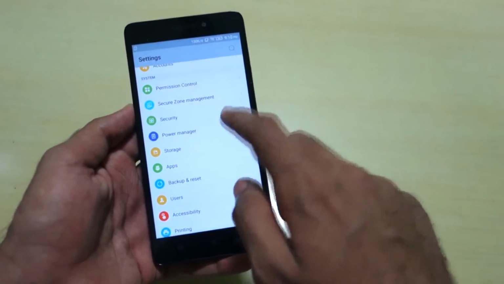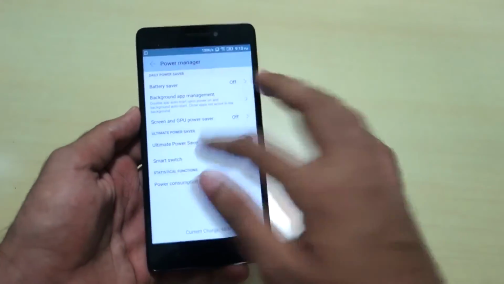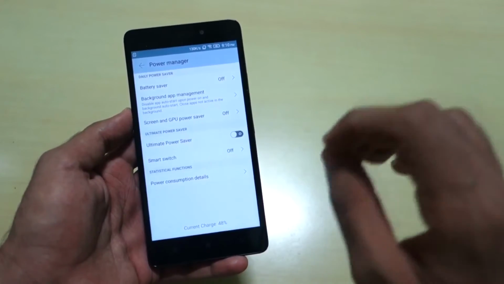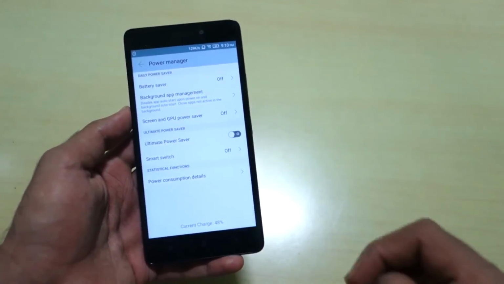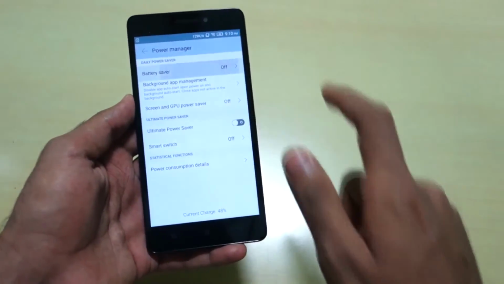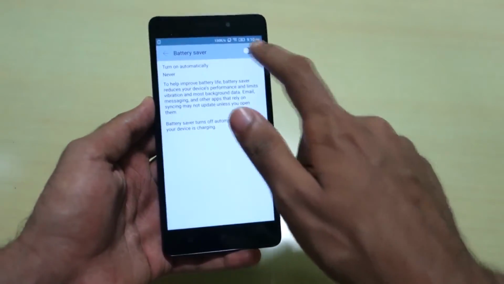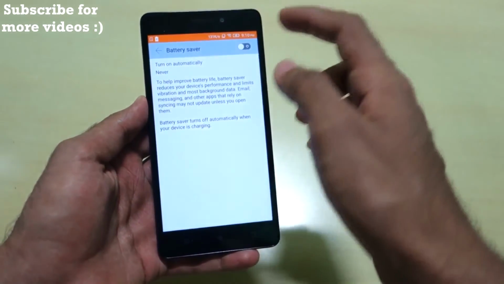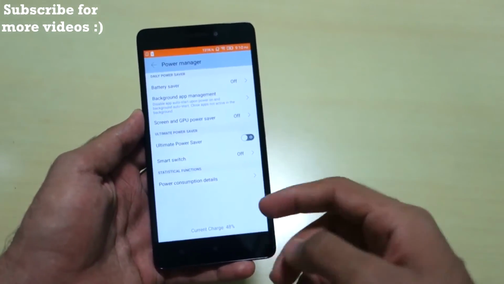And after that, now let's go into Power Manager, and here comes some of the features which might not be available for the Lenovo S6000, but I'll surely show you guys all the features that are present in the Power Manager. So if we go into battery saver, you can select enable this, and this will enable the stock Lollipop battery saver mode, which almost every Lollipop phone has.